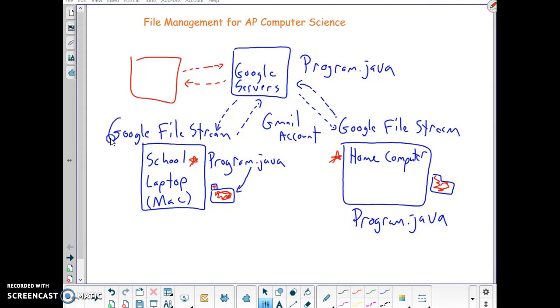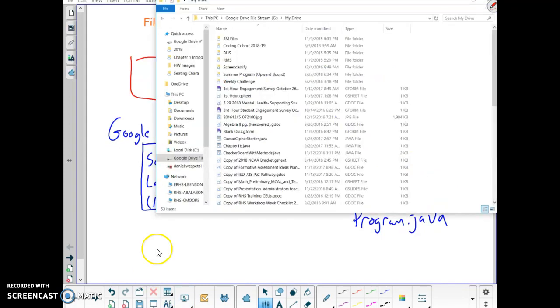And I think, well, I'm already in. All right, so I guess I don't have to re-log in. My file stream is already running. But then what it'll look like is, so here's where I save files. Right, so let's say that